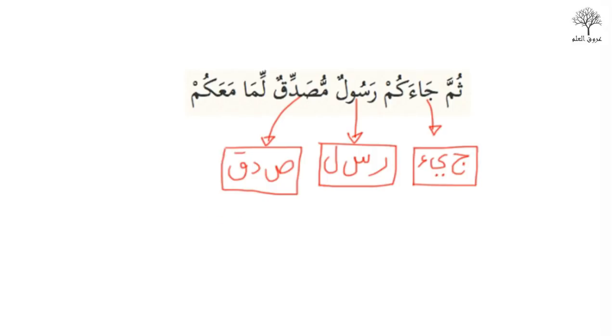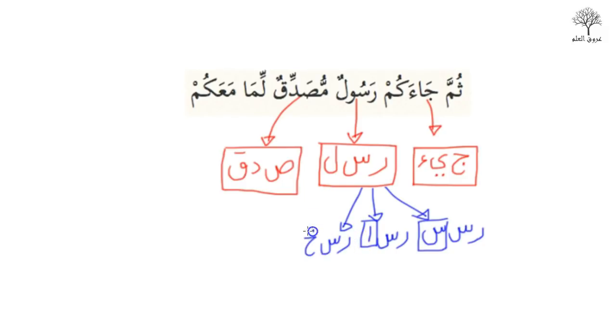So for instance, let's take the word rasul, so it's rasala. We're going to look at the first two letters, ra and sin. So in the Quran you have ra, sin, sin, okay, so the sin at the end. We want to look at all words in the Quran that start with Ra and Sin. So you have Ra, Sin, Sin. You have Ra, Sin and Alif. That's also found in the Quran, Ra, Sin, Alif. You also have Ra, Sin, Kha, okay, so Kha at the end.